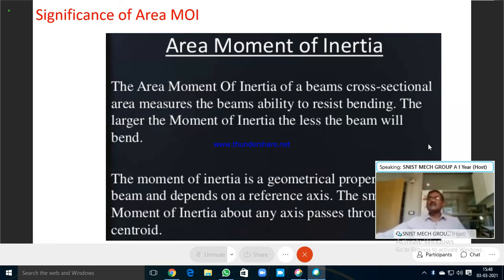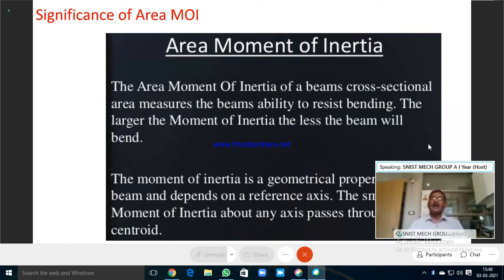And I can give you one simple example. Railway cross section, you might have seen, is an I section. The railway track cross section is an I section, and usually the I cross section will have, for a given cross-section area, more value of moment of inertia, and that is the reason we call it a stronger section. In certain critical applications we go for the I cross section, the letter I.